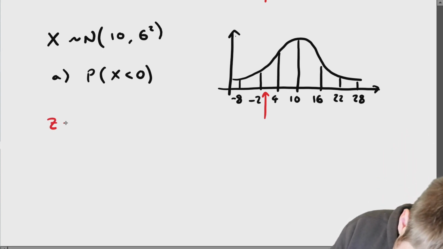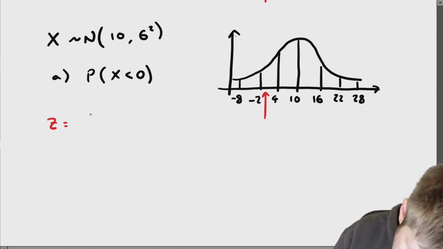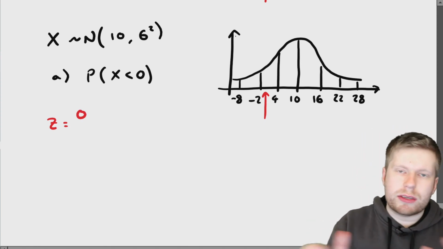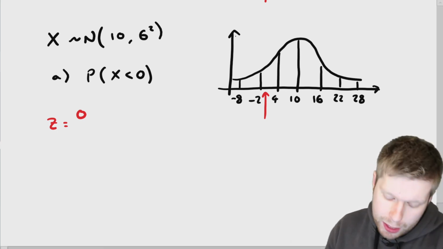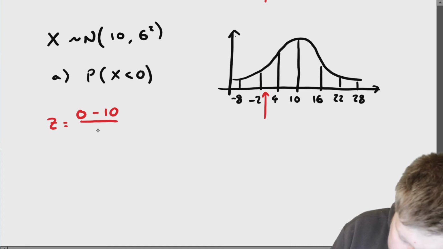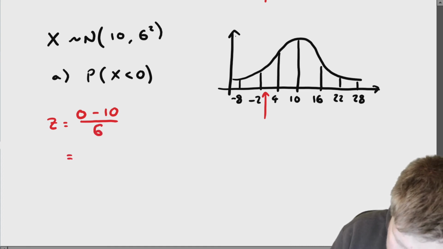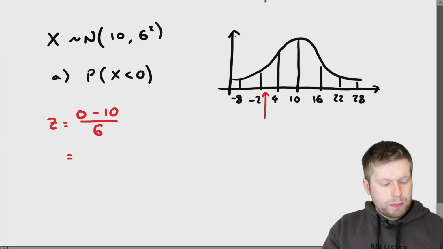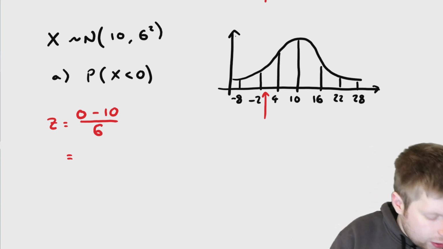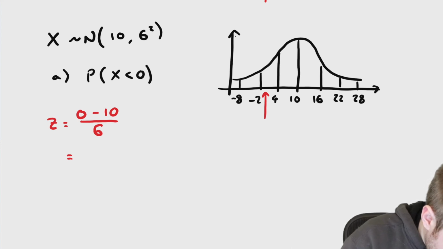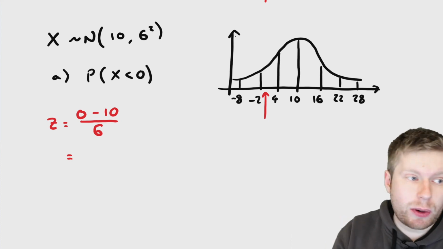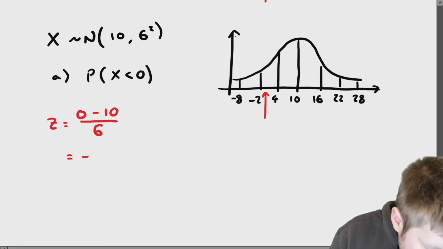So remember the formula for standardizing is z equals, well, I'm going to take my value, which is 0. That's the value which I'm interested in finding out how many units of standard deviation above or below the mean I am. Take away my mean value, which is 10, and divide by my standard deviation, which in this case is 6. So okay, I have negative 10 divided by 6, which is going to give me negative 5 over 3. Always give as a decimal to two decimal places, because that's how our tables work. So I'm looking for negative